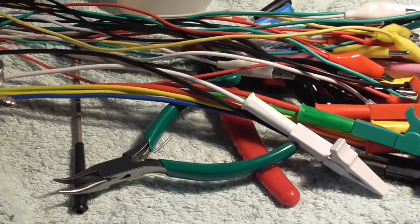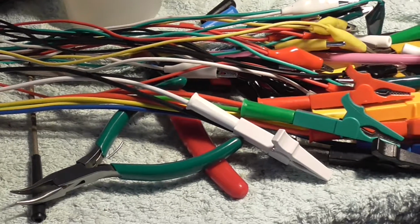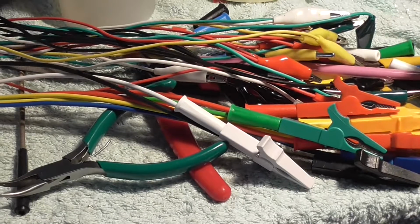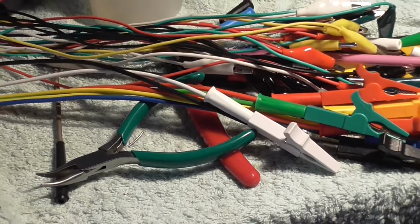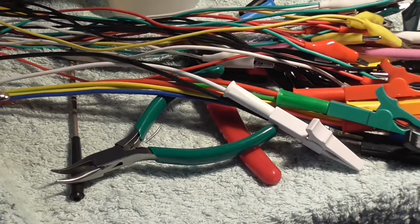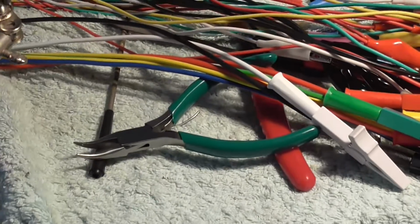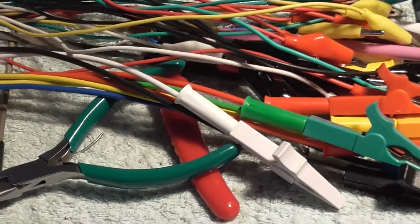Right, it's time to stop and have a rest. We do not have to do every single one of these tonight. Don't try and do them all in one go either. It's best to do so many at a time because you get tired, make mistakes, and then you make a bad job of it. So what I've done here is I've got my new leads alongside